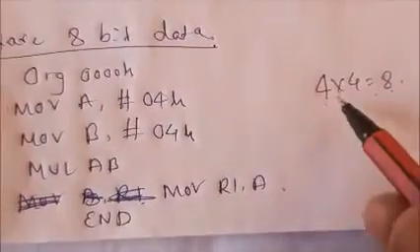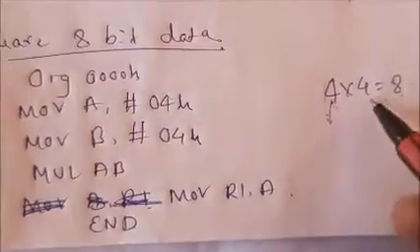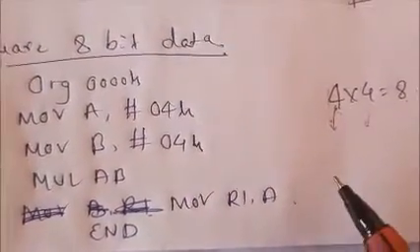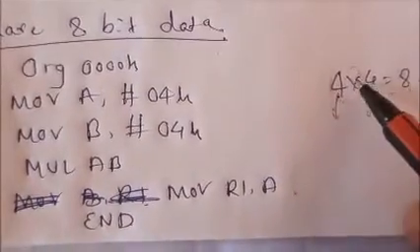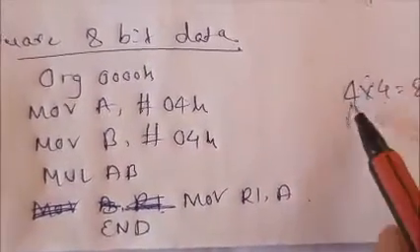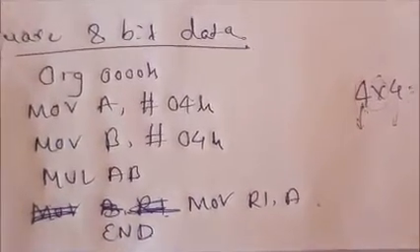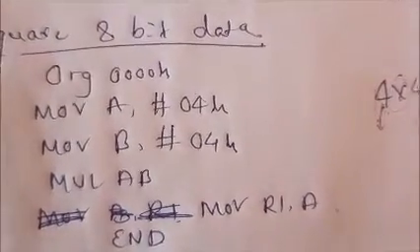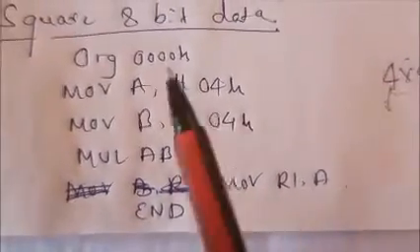So how to write it? First, to understand, this number 4 I need to load in one register. This one also I need to load in one register. Then I need to perform the multiplication. But we already know that when you are performing multiplication, these two registers should be A and B only, because in the architecture they have given the statement that we can't use other registers. So how to write the program?